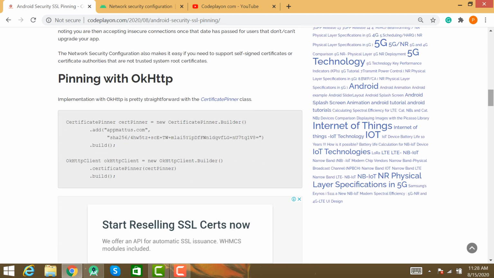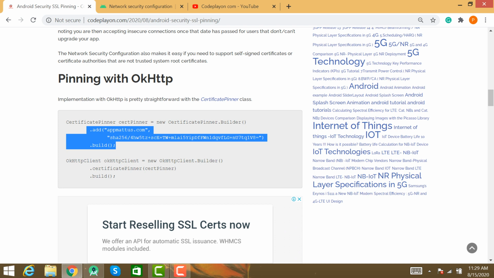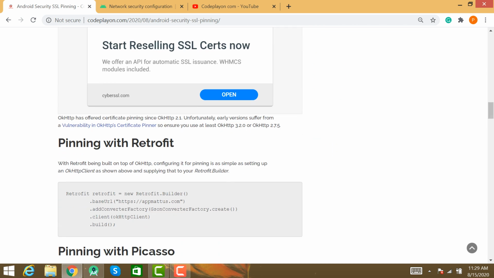If you are using OkHttp with pinning, you can create a method, a certificate pinner, create a new builder and set your pin set. If you are using Retrofit, you can create a Retrofit method; in Retrofit you can add the base URL and a Gson converter factory.